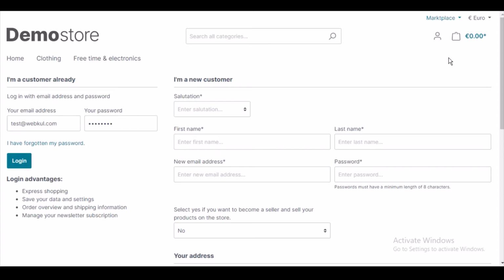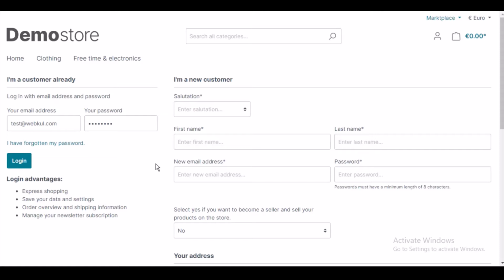So this is the registration for the Shopware Multi-Seller Marketplace module. If you are already a registered customer and you already have your credentials, you can log in with your email address and your password. But you can also register yourself as a seller. The customer can register at the Shopware Multi-Seller Marketplace after clicking on this register button at the